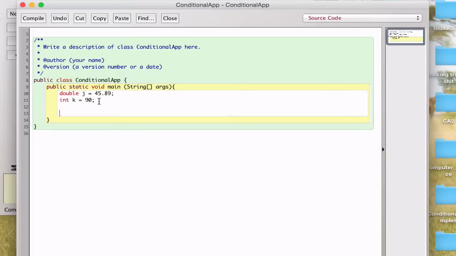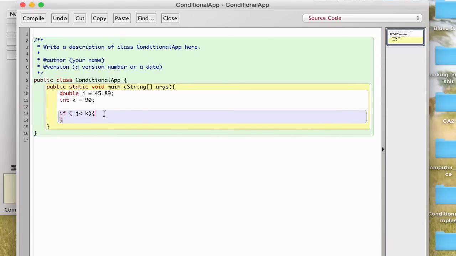And the first thing you're going to do, so if you've been watching my Python tutorials, then you know how to make a basic if-else statement. Now, it's very similar in Java. However, the syntax is just very slightly different, so the language that I'm going to be using. So if I want to see whether j is smaller than k, then I can first of all type an if, open brackets, j is smaller than k, close bracket, open curly brace,